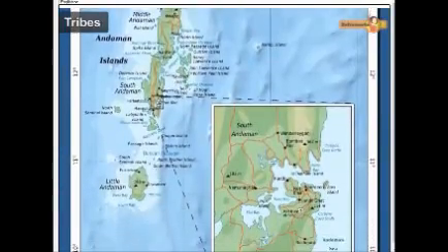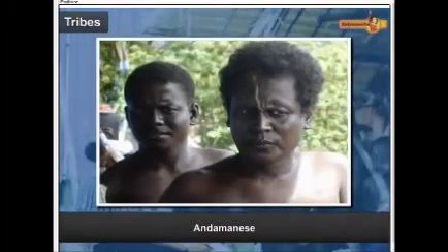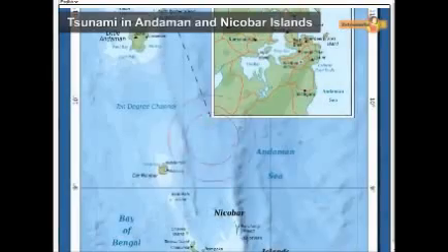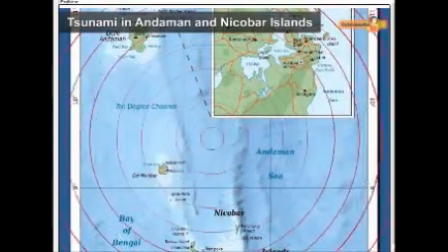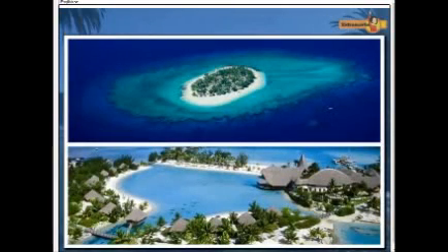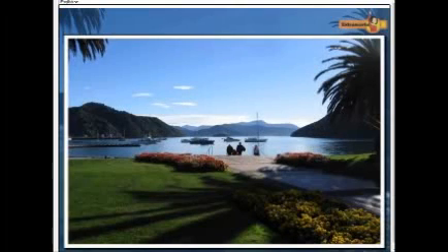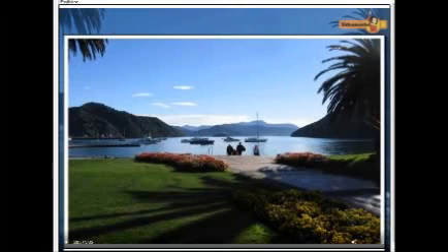The major communities are Andamanese, Onges, and Jarawas. On 26 December 2004, the coasts of the Andaman and Nicobar Islands were devastated by a tsunami. Thousands of people lost their lives. The Andaman and Nicobar Islands offer an endless variety of exotic flora and fauna. These two groups of islands attract tourists from all over the world.